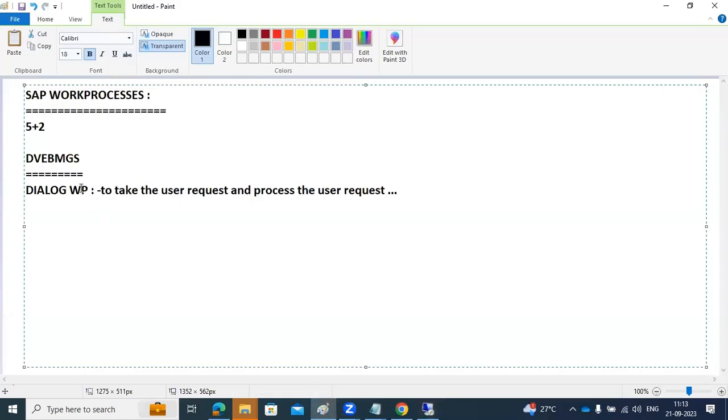So here, the Dialog work process is responsible for taking the user request and processing it in the system. So for the Dialog work process, what are the transaction codes, where can we see whether all the work